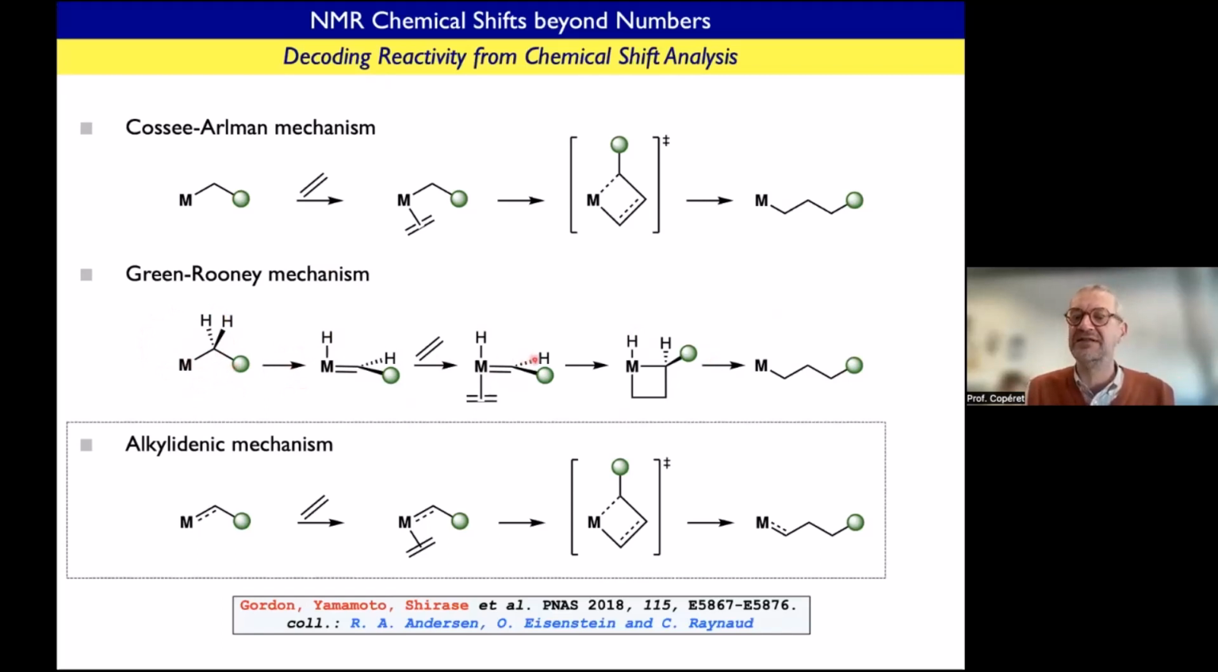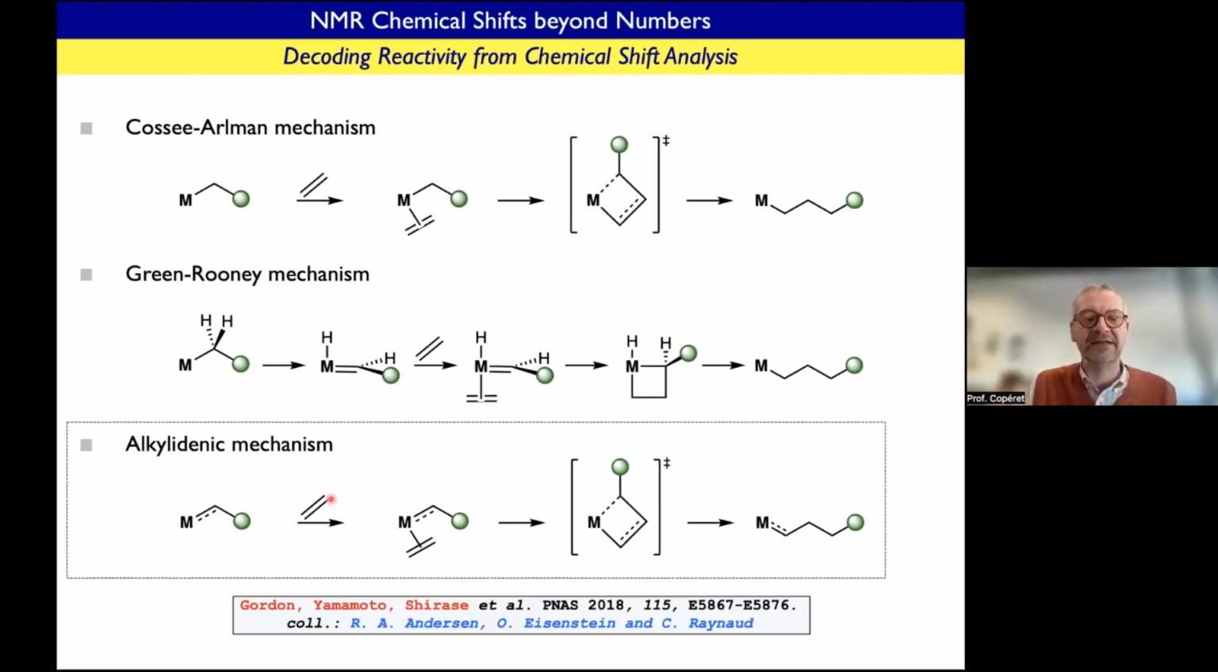Therefore, this process is not possible. But what NMR is telling you is that actually the true story is it's neither Kersey-Harman nor Green-Rooney. It's in between. To insert an olefin into a metal carbon bond, you need to have this pi bond character. And this is only revealed by NMR spectroscopy, basically. So it's again an interesting thing that NMR can pinpoint a very important electronic structure which actually drives reactivity